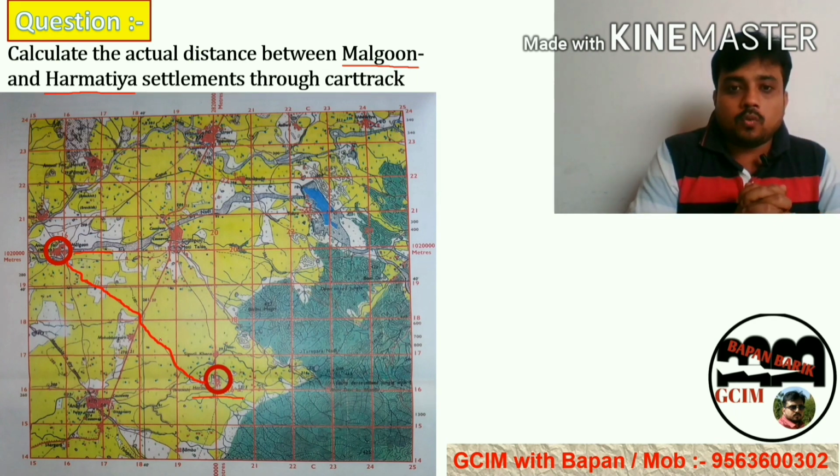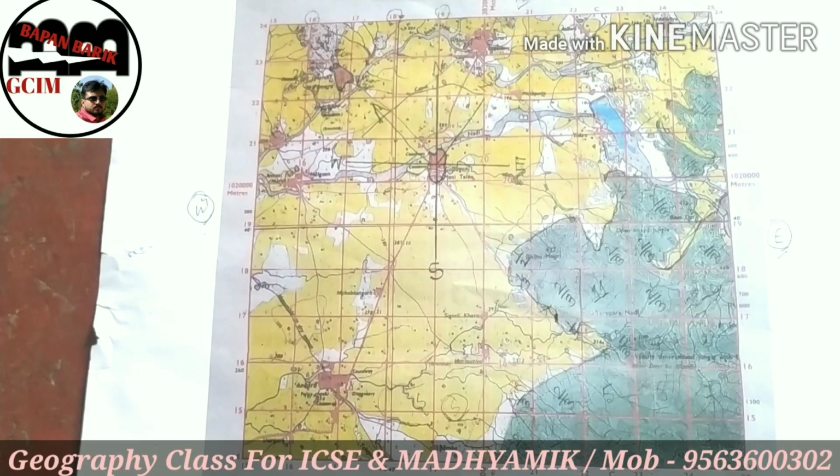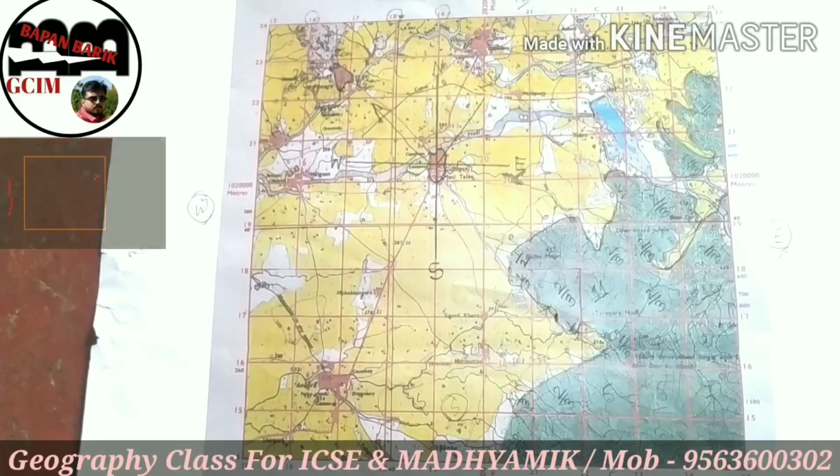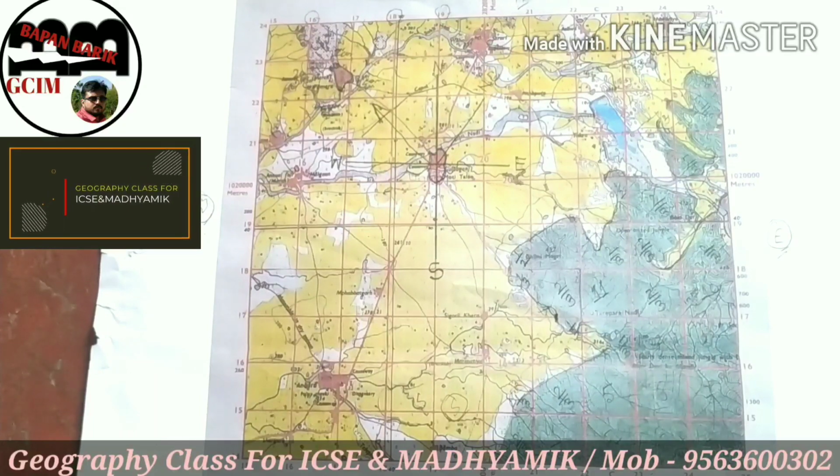Now we have to move on to the map, and on the map I will show you how to calculate the actual distance between Malgaon and Harmatia. So let's move. Viewers, this is the map you can see, and first of all I will show you the two settlements Malgaon and Harmatia, and then I will explain how to calculate the actual distance between the two settlements through the cart track.